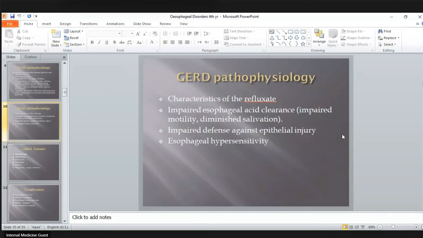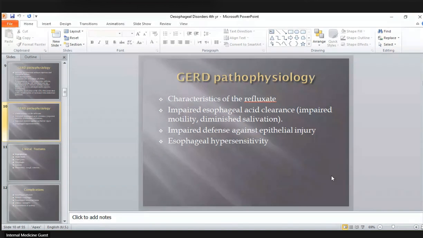I told you earlier that the esophagus has characteristic propulsive movements called peristalsis. So if there is an issue or impairment in peristalsis, then there would be impairment in acid clearance in the esophagus, and occasionally there may be impaired defense against epithelial injury. On rare occasions, a hypersensitive esophagus is a specific condition in which a physiological amount of refluxate may cause